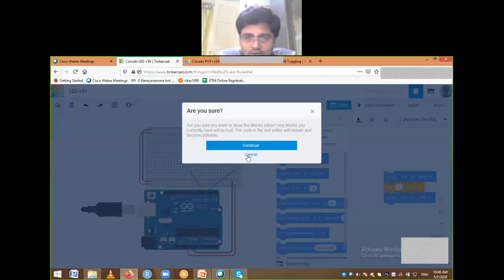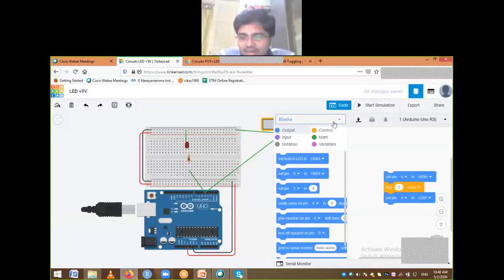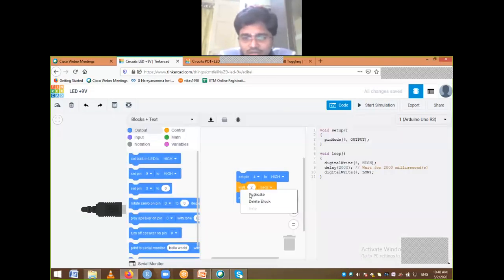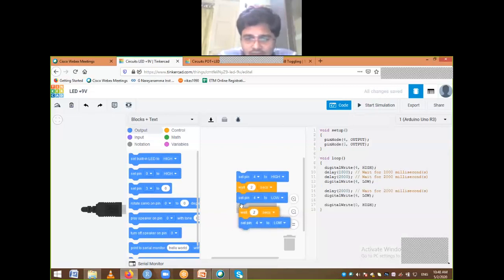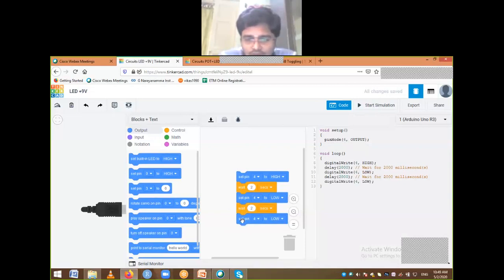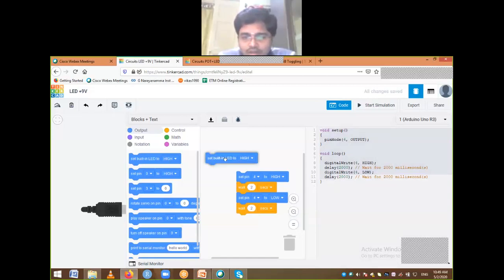Okay, I don't want to edit that one because we feel like if you are not having any knowledge of code, then it's better you consider blocks plus text. Okay, for example, I am making this one duplicate, and trying to attach over here. This one I don't want, the last one I am removing. So I did not write any code over here, but automatically when I replace this one, automatically it's coming. For example, let me try dragging something and see if it comes. I am dragging this particular module. Okay, I am trying to drop over here.